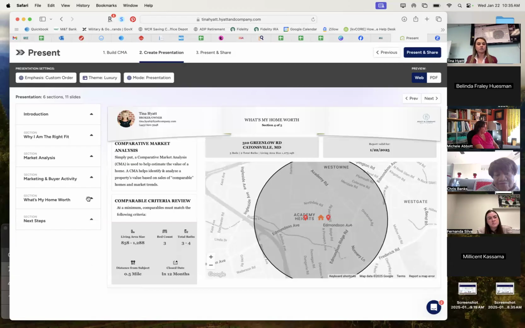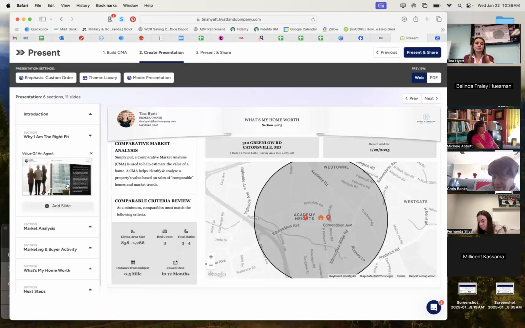But I've always taught you do the value at the end. And you don't even hand out the value page when you start to go over the presentation. I would not ever hand out this presentation, or if I do the presentation cards in the box type of presentation, I would never hand out the CMA at the same time that I'm going over this or the cards, right?